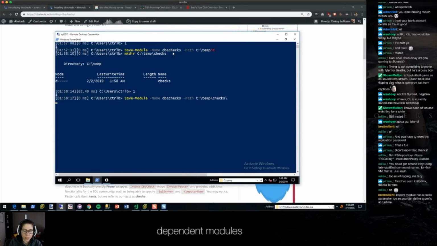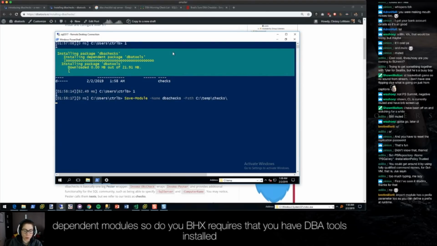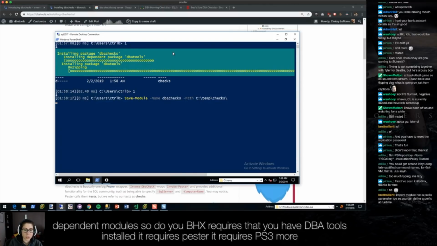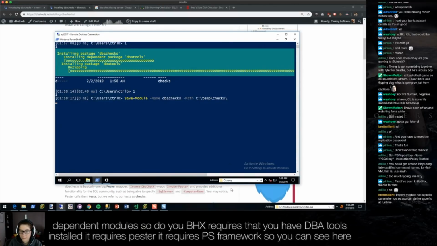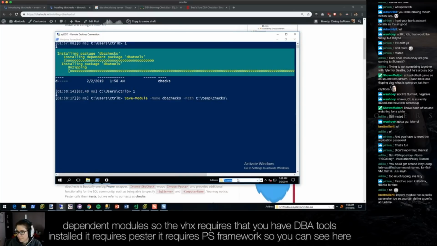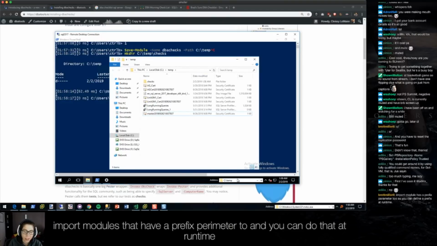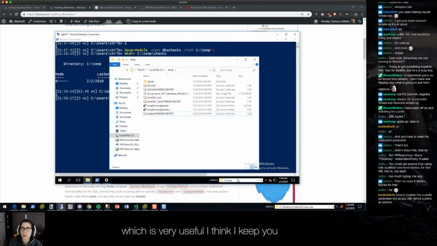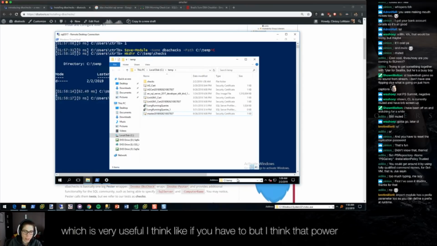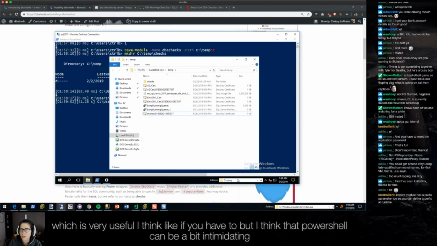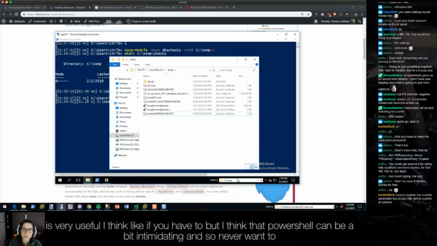modules. So dbachecks requires that you have DBA tools installed. It requires Pester. It requires PS framework. So you can see here, Import-Module does have a prefix parameter too, and you can do that at runtime, which is very useful, I think, like if you have to. But I think that PowerShell can be a bit intimidating, so I never want to do something like that unless